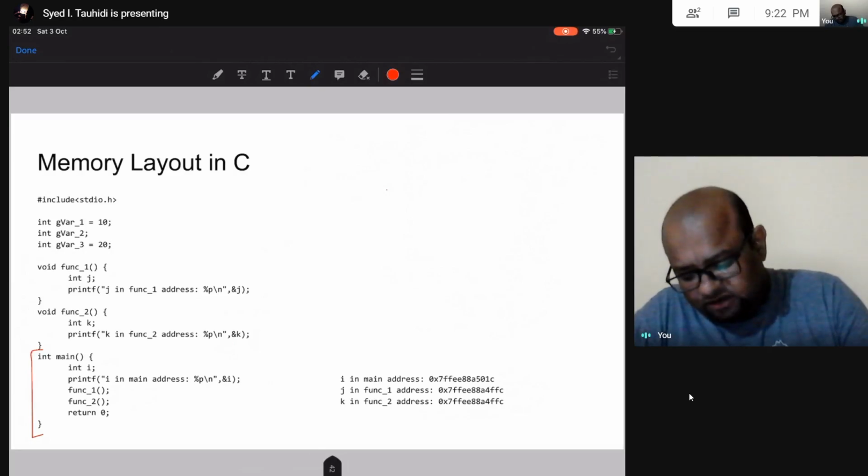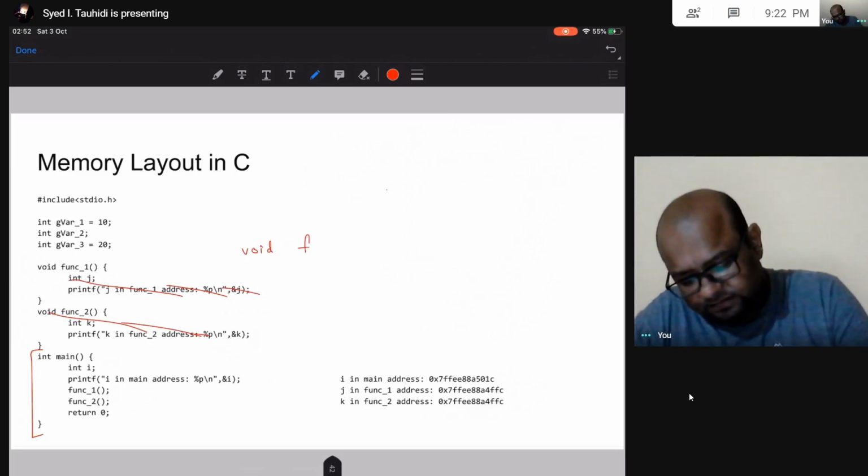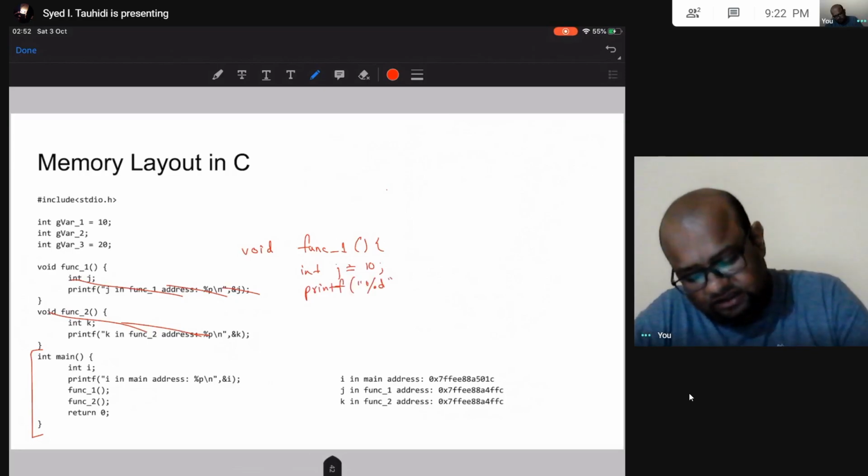Let us say, instead of this, these were my functions now. In function 1, j equal to 10 and printf percentage d, j. So I am printing j, and then my function 2 is this.